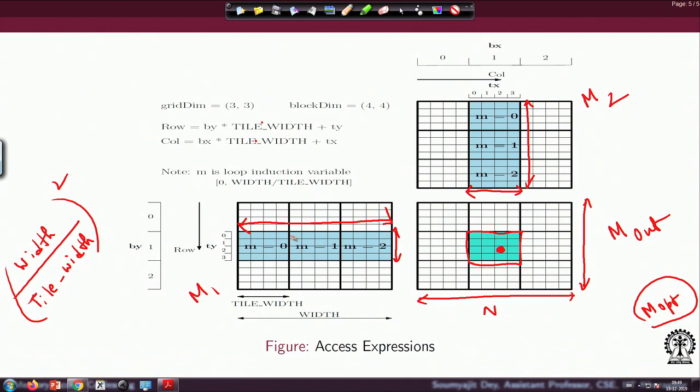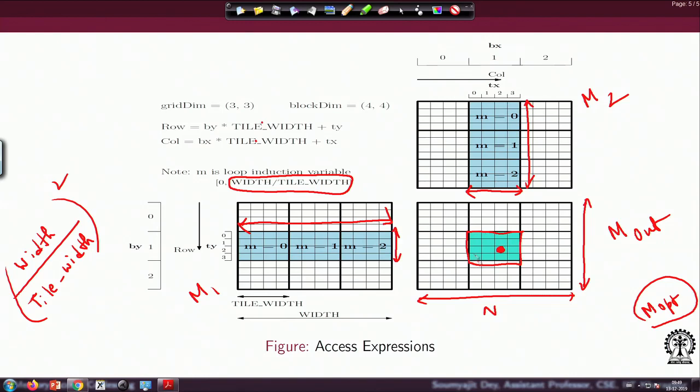This region can be nicely broken down into 3 tiles. As per this picture, in general, it can be broken down into width by tile width number of tiles.